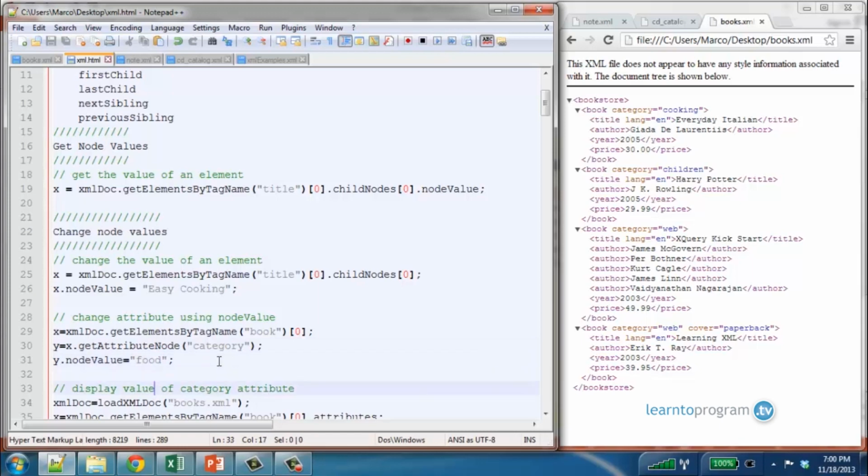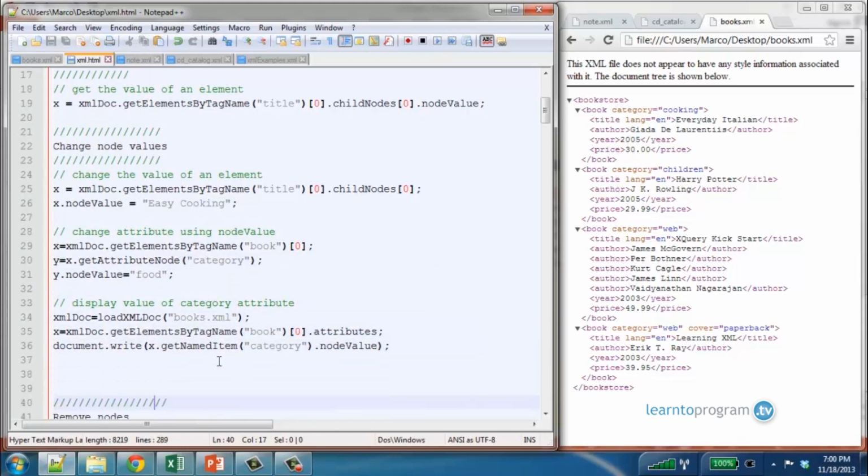Then you can change the attribute value, I mean displayed values of the category attribute. You get the attributes, and then you get name, item, category, node value. You will get cooking. If you were to retrieve it from the second book, you will get children,